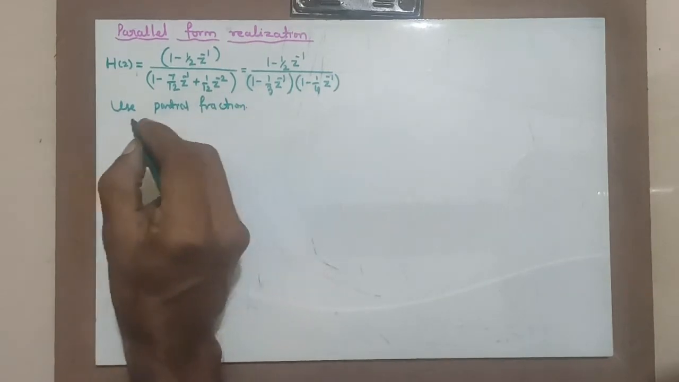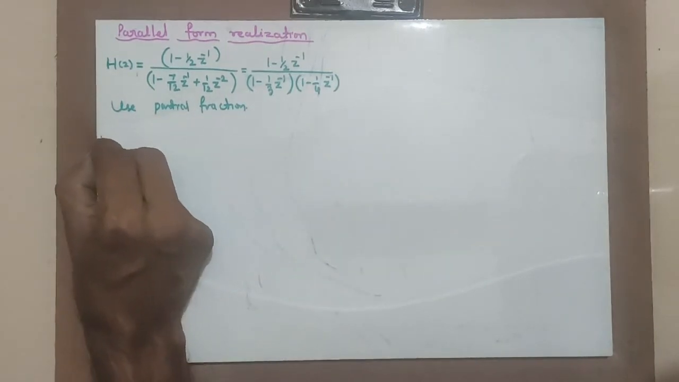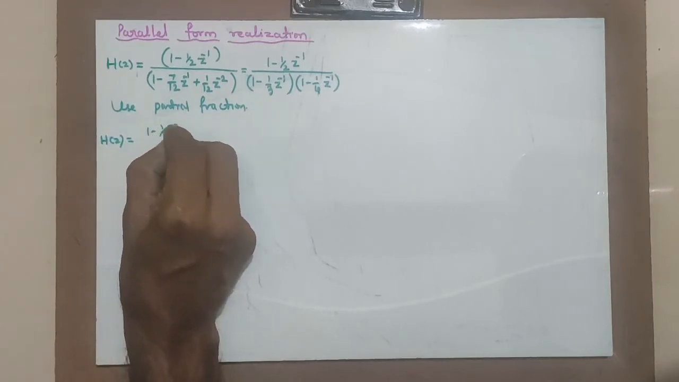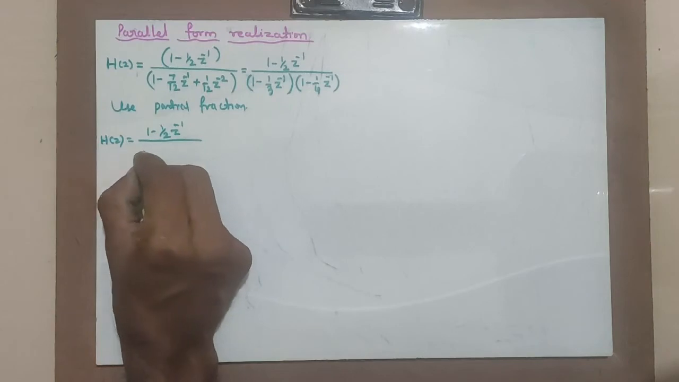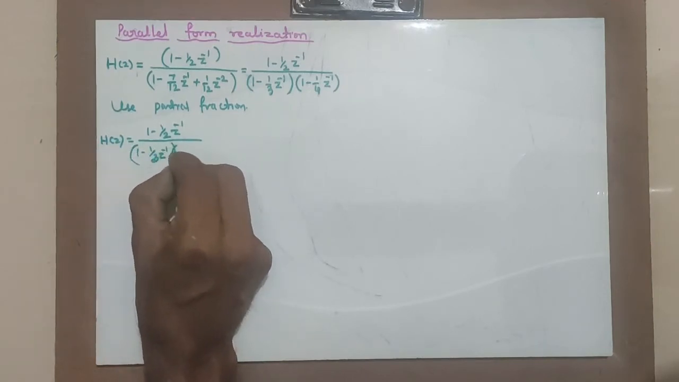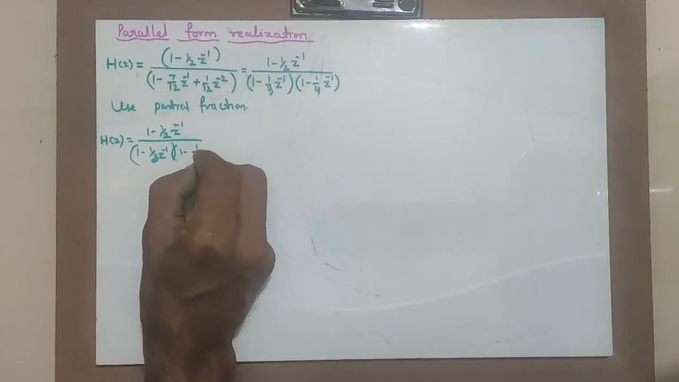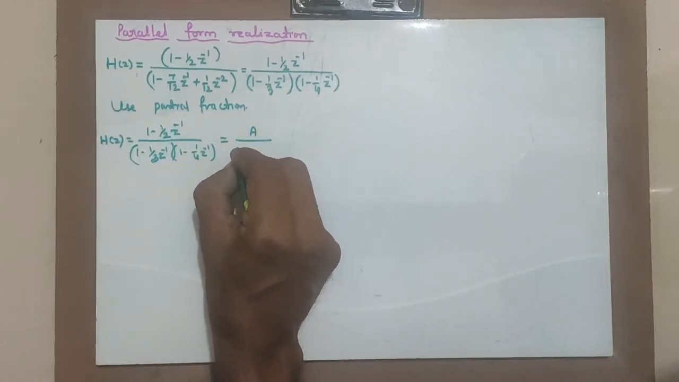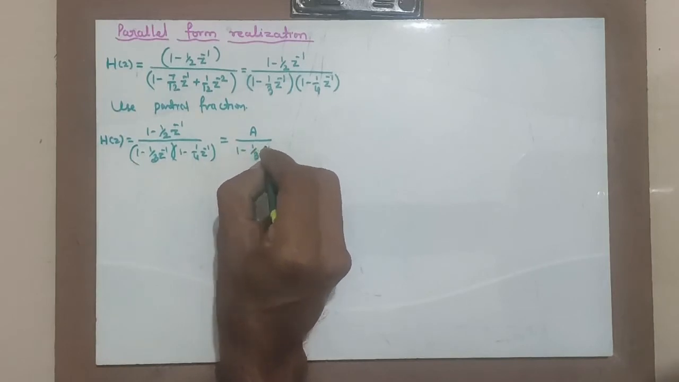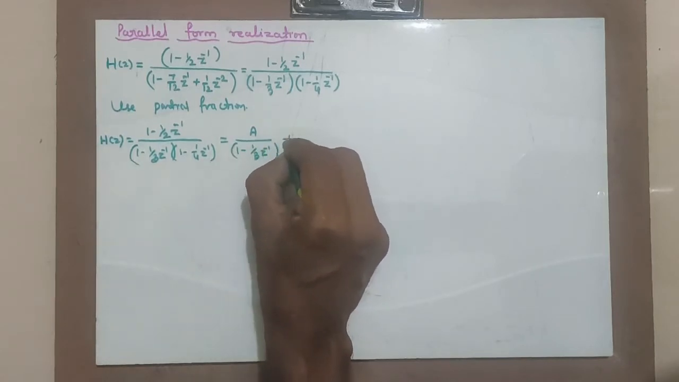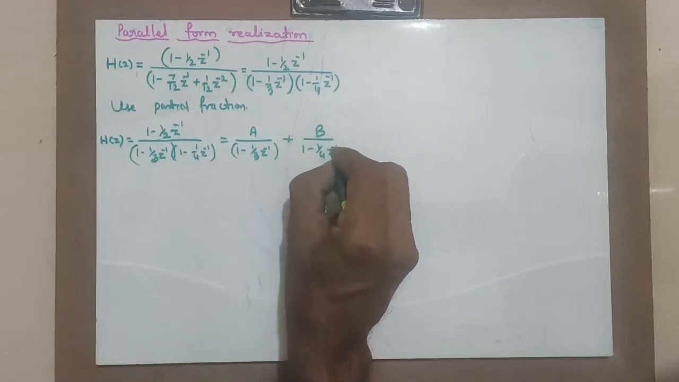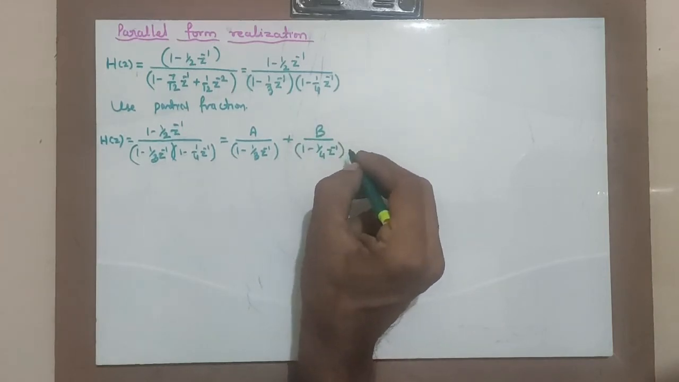Use partial fractions. That means H(z), which is 1 minus half z raised to minus 1 whole divided by 1 minus 1 by 3 z raised to minus 1 times 1 minus 1 by 4 z raised to minus 1, is equal to A divided by 1 minus 1 by 3 z raised to minus 1, plus B divided by 1 minus 1 by 4 z raised to minus 1. Okay. Now to find